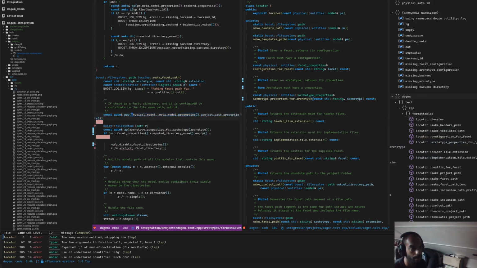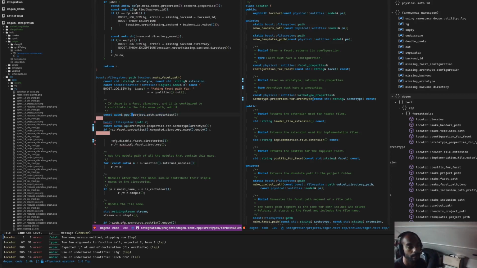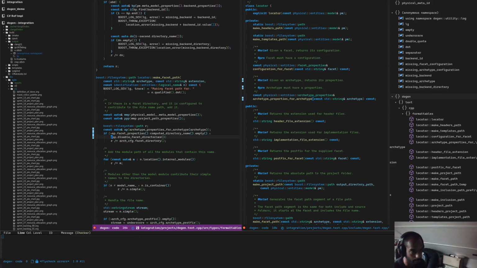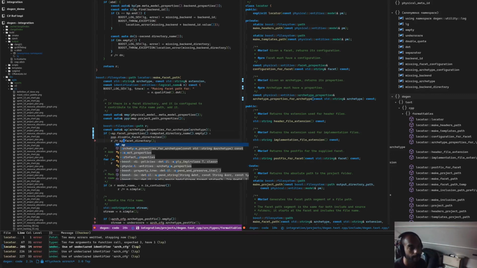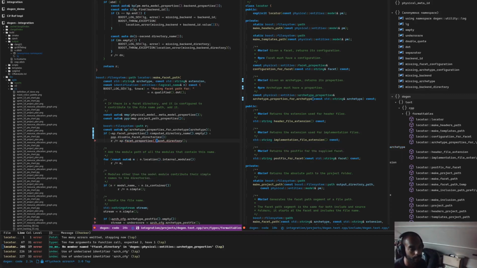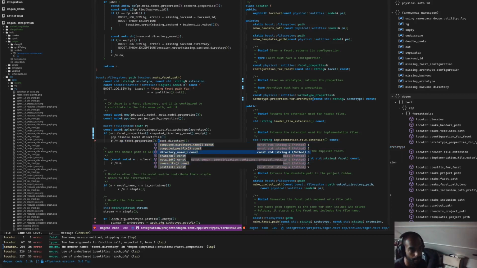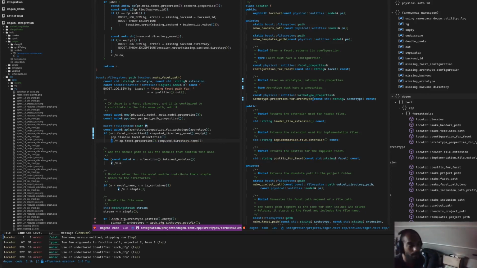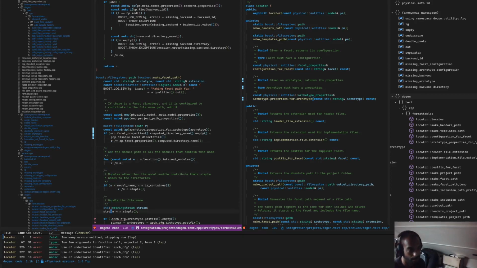Right, this is a bit too big, so let's get the MMP out of this guy. Yep, so from the MMP, you get the project path properties. The project path properties will tell us how to disable the facet directories. And then here we can just say facet properties dot computed directory name. And you see we've just replaced the very first bit. This is not fast, but